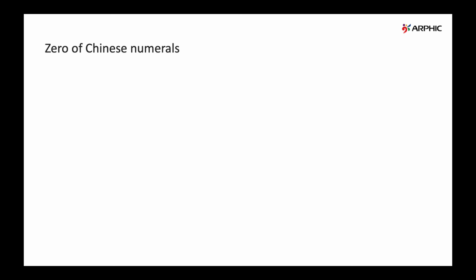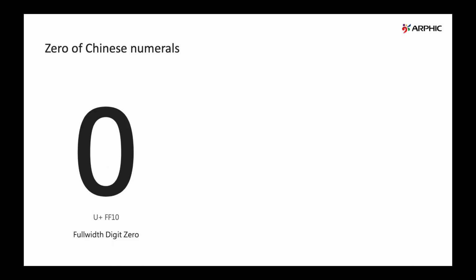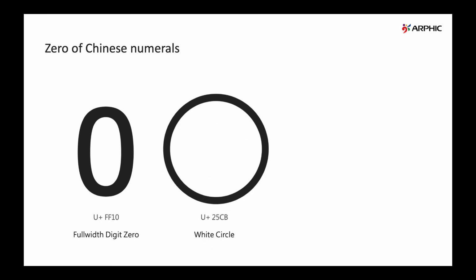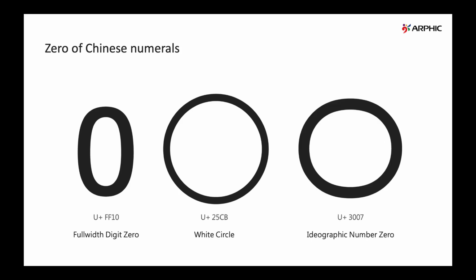In this slide, I will show you three zeros. First is the zero in Arabic numerals, and this is only a symbol of a circle. And this one is what we should choose in mixed Arabic Chinese numerals. While most people do not know the difference, and some of them always choose the left one, which is the Arabic zero. Some with a sense who know the difference would choose the middle one, the white circle, at first,